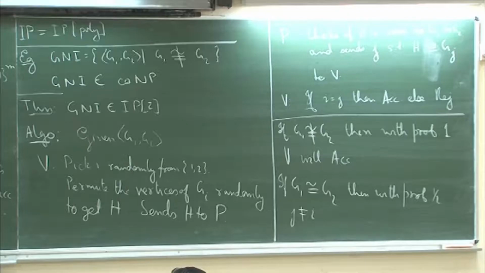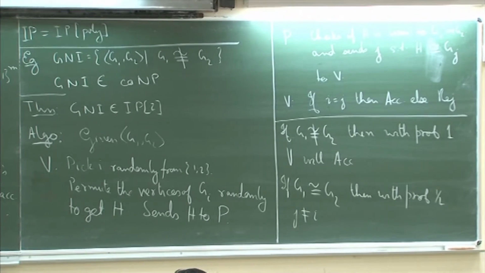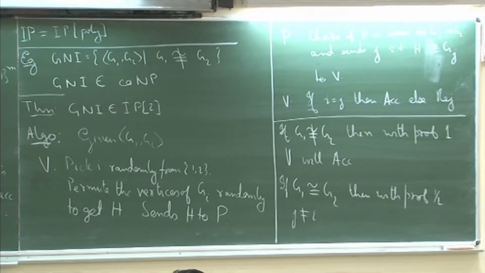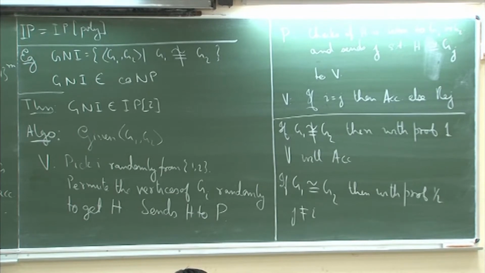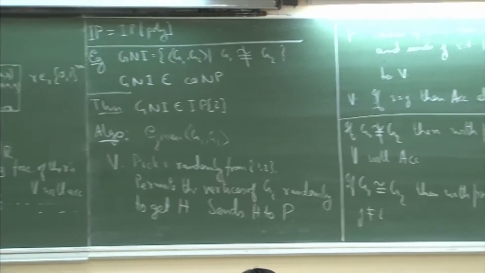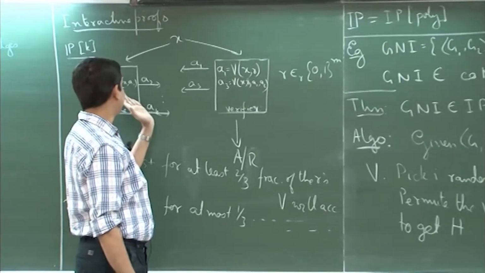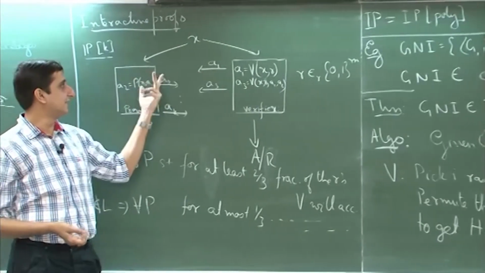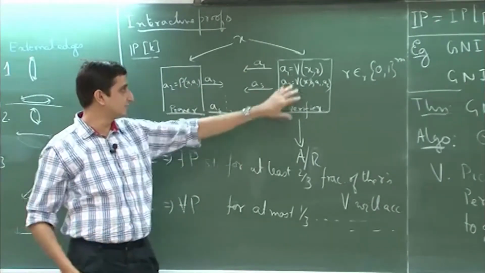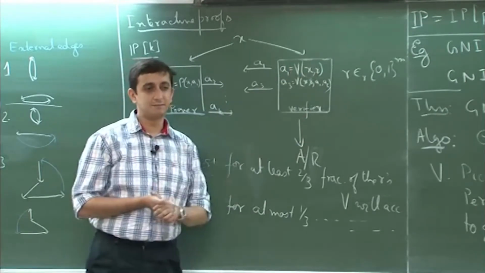Any questions? So, IP1 means that the prover cannot say, so it will be BPP, I would guess, because what does IP1 mean? IP1 means that the verifier is just sending a string, but it cannot get any answer back from the prover. Okay. So, if he is just sending a string, it is the same as doing nothing. So, it is just a probabilistic machine sitting over here. So, it is the same as BPP.